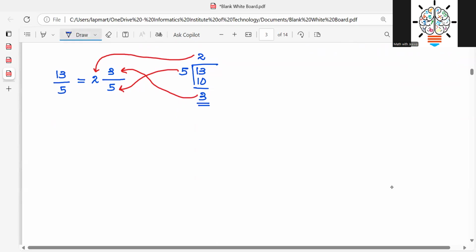Similar to that, if you have something like this, let's say 10/15, you want to simplify this. That means you want to make it smaller. To make this smaller, you want to divide this. So divide both the numerator and the denominator by the same number. For this, you want to be thorough with your multiplication tables by now. So then you divide this by 5 and you divide this by 5, you get the answer 2 and 3,